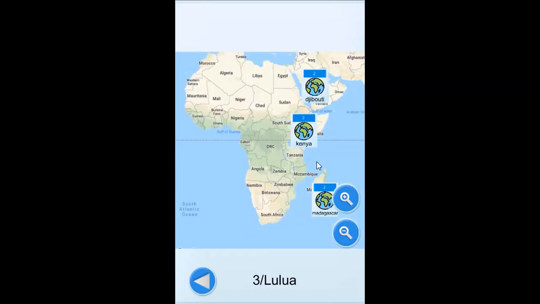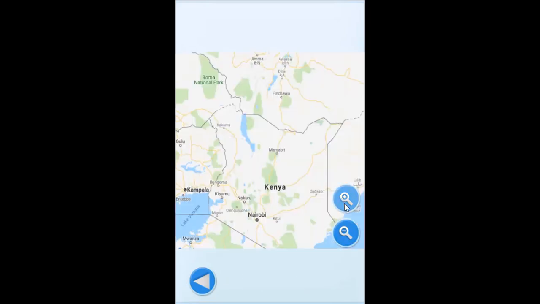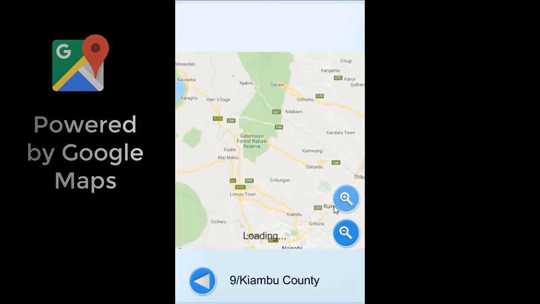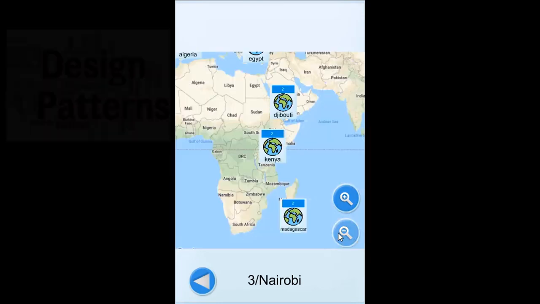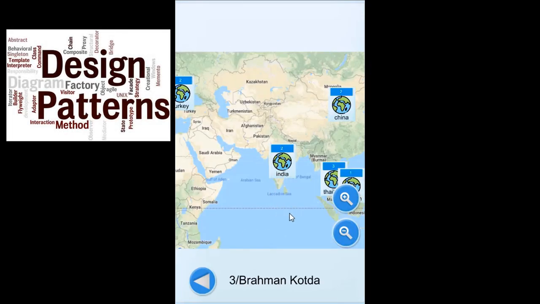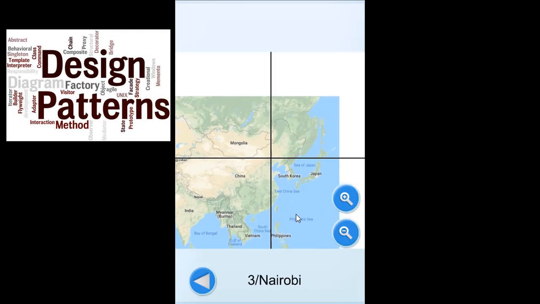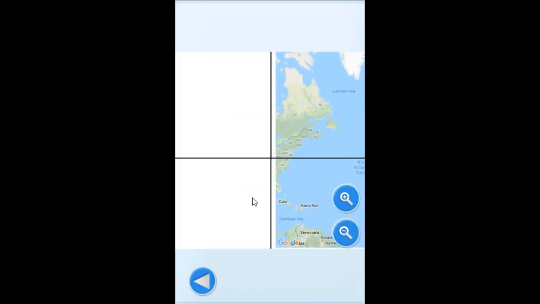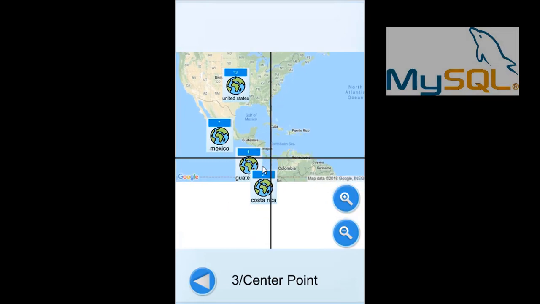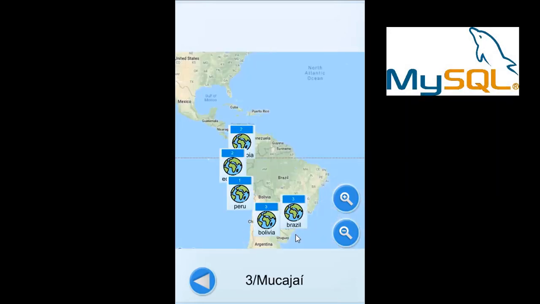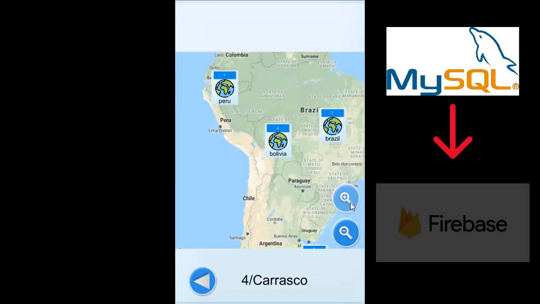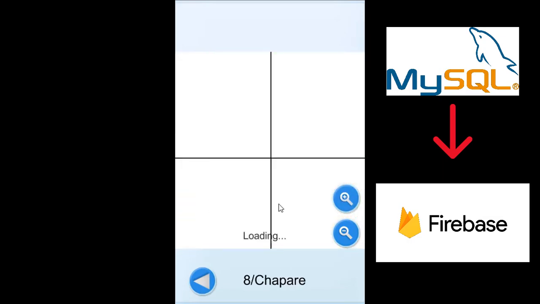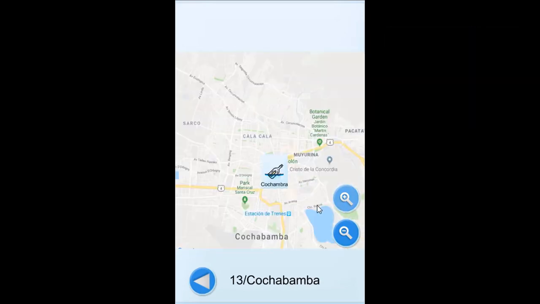This asset allows an automatic creation of the geolocation data by itself using the Google Maps data. Also, this asset has been programmed using design patterns, and we will see how we can easily replace the different modules. To illustrate that, we will see how we can work with a MySQL database, and later we will switch to a Firebase database to store the data without having to change anything from the source code.